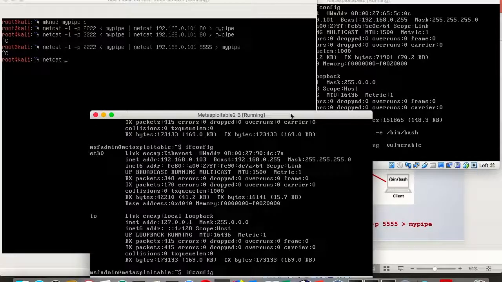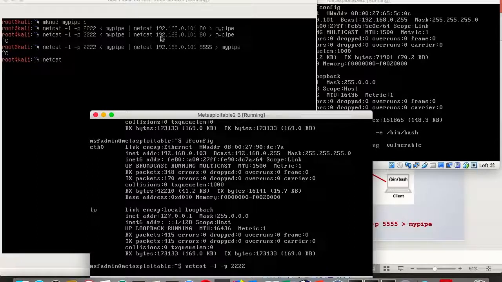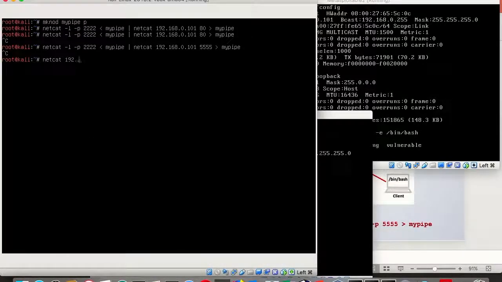So in here I should connect to the 103 machine, which is the penetration testing machine, read whatever in the pipe, and then forward everything to the second instance now, and the second netcat will be a server now on port 5555, and whatever it receives, it should send it to the pipe.